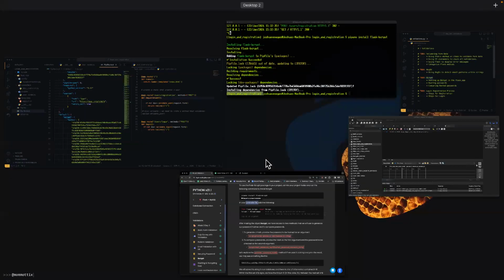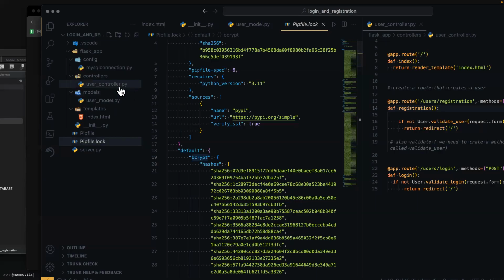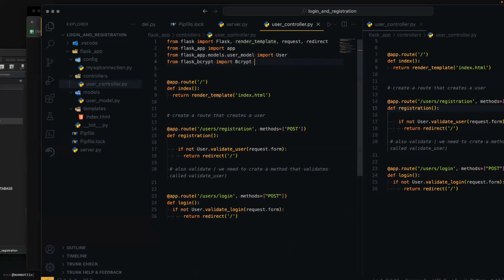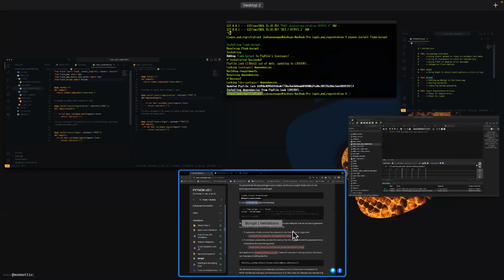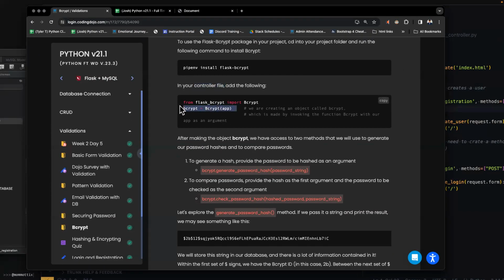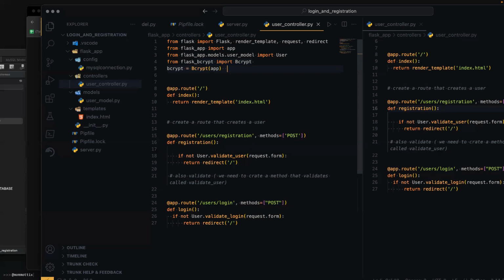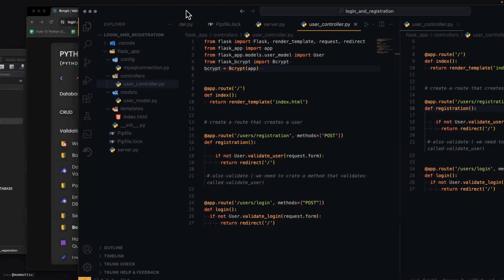Okay, so let's go to the top of our controller here. Paste it in. And I think there was one other thing I needed, right? Let me double check this here. We need this line as well: bcrypt equals Bcrypt(app). So it's going to encrypt the app, or allow it to be used in your app. Okay, so now that we have imported it,